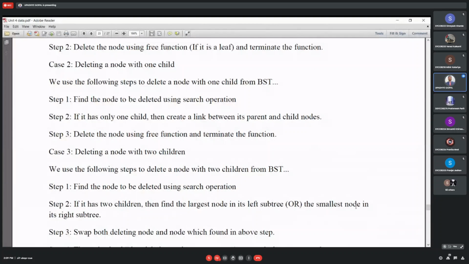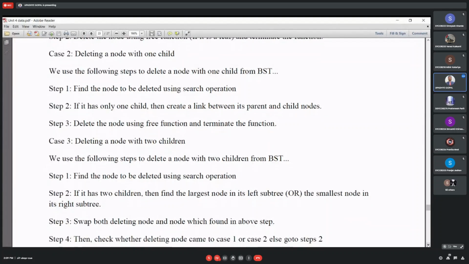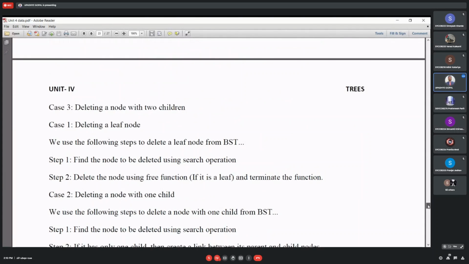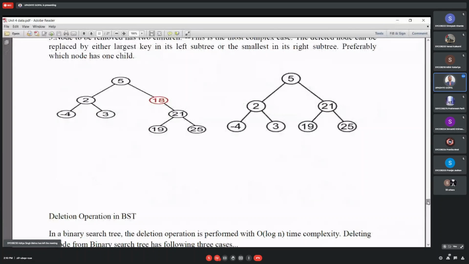And the third case, deleting a node with two children. In that case, the first step is to find the node to be deleted using the search operation. If it has two children, then find the largest node in its left subtree or the smallest node in the right subtree. So we have to identify which is the smallest or which is the largest node in that particular subtree, and that node will replace the node which is to be deleted.